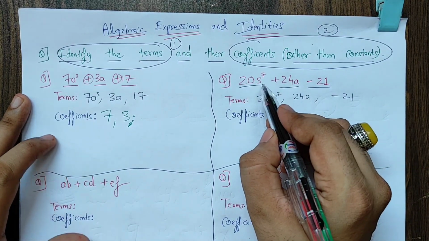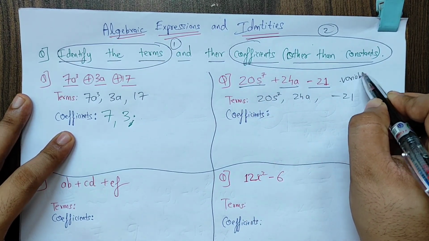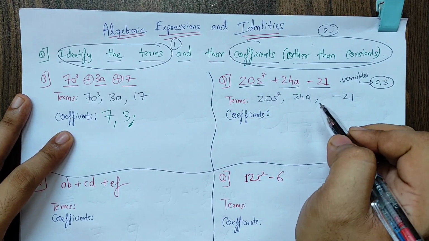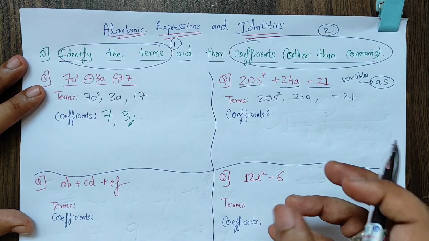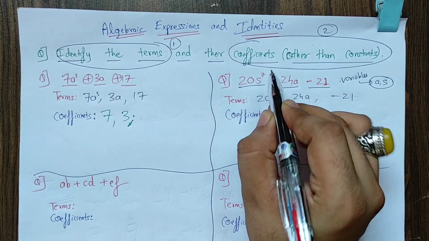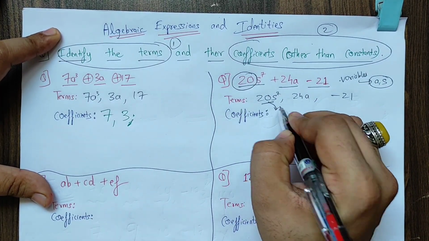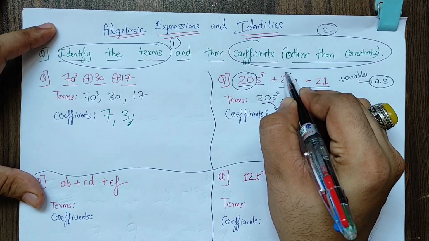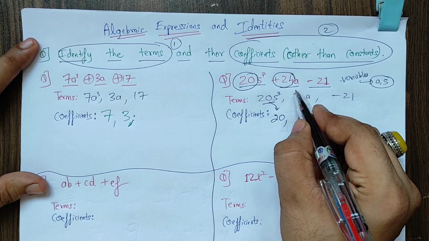But here I can clearly see s and a over here. Here the variables are a and s. Variables are the alphabets. So any term which has variables also has coefficients. 7 is the power here. Okay, fine. But what is the coefficient? 20 is the coefficient. So the coefficient of this term is 20. In this term 24a, a is the variable, so of course plus 24, which is 24 only, will be the coefficient of a. The definition of coefficient is the number along with the variable.